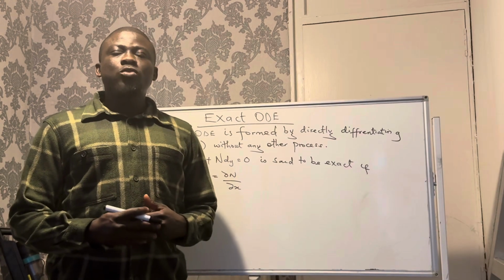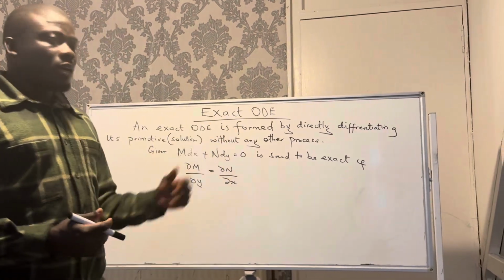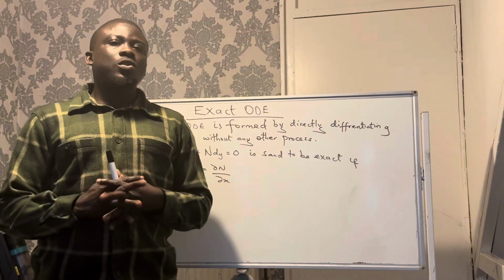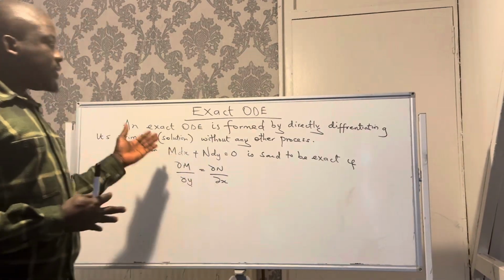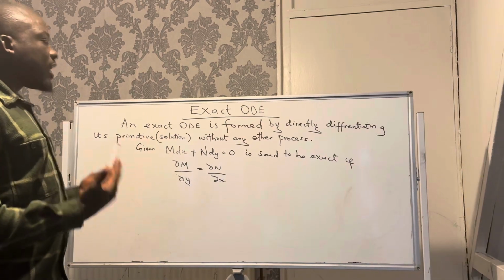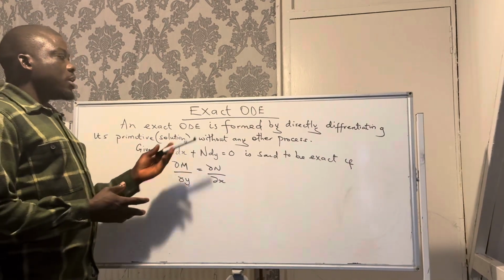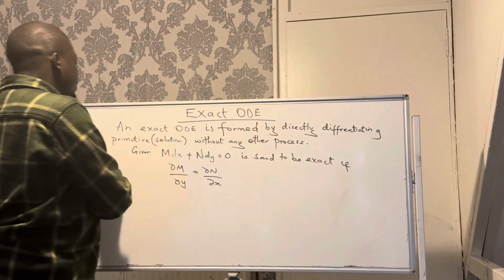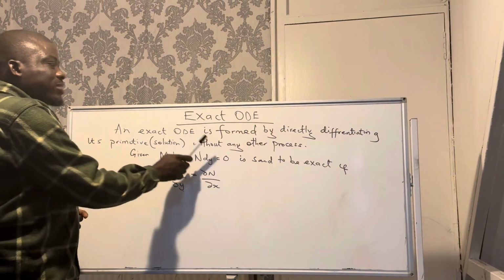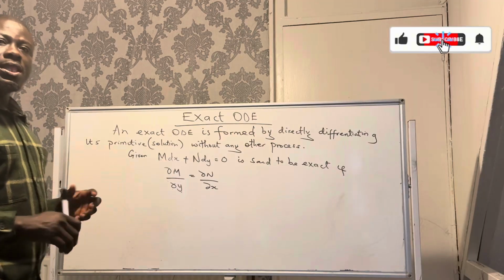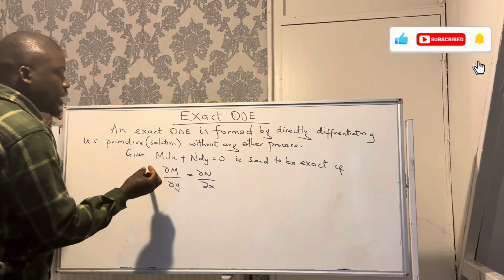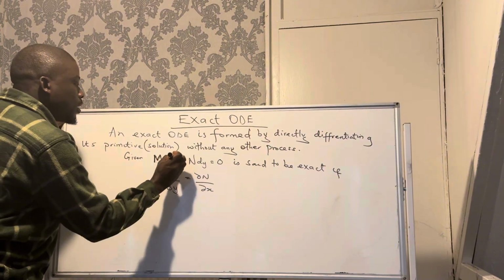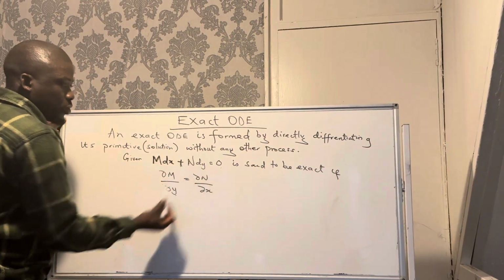Today I'm going to explain exact ordinary differential equations. Now, what is an exact ordinary differential equation? By the definition on the board, an exact ordinary differential equation is formed by directly differentiating its primitive without any other process. Meaning, if you are given a differential equation of this form, M dx plus N dy equals 0,